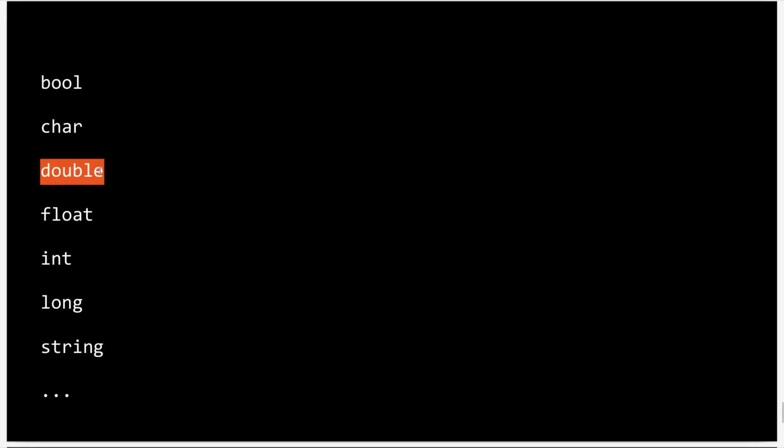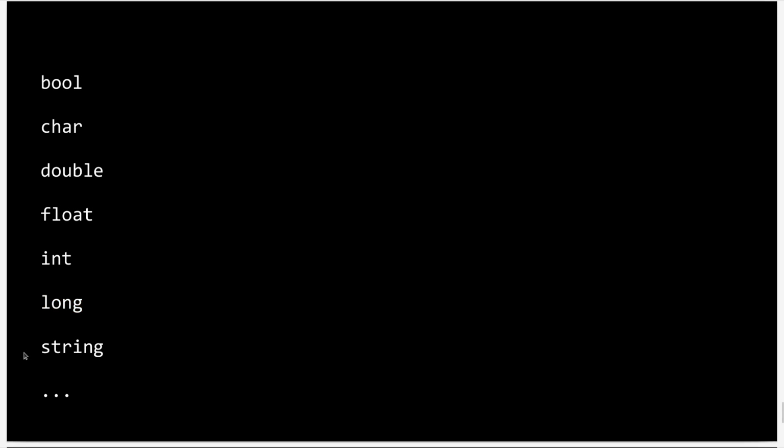Third is a double. A double is not a native Python data type. It can be imported from the NumPy library, but it is not a part of native Python. Float, on the other hand, is part of native Python. So float and double are almost identical. They are used to refer to decimal numbers. Our fifth is int or integer, which is obviously used to refer to integers. Long refers to big numbers. Now they might be integers or decimals.